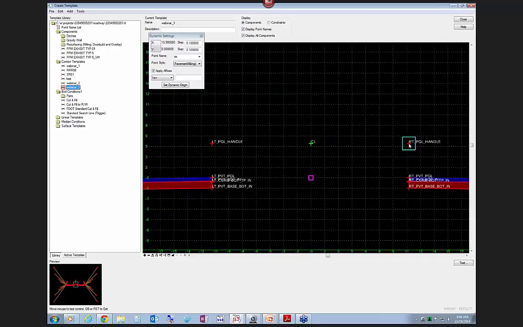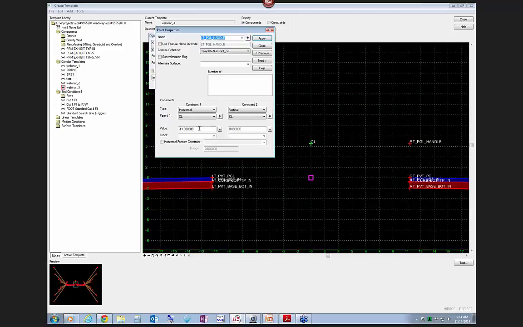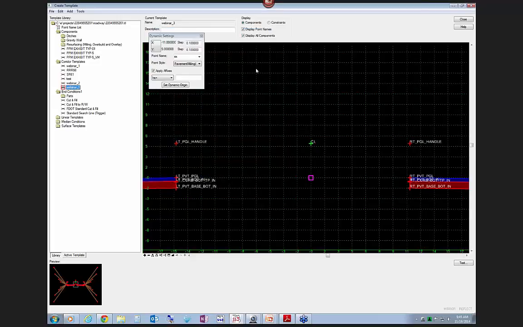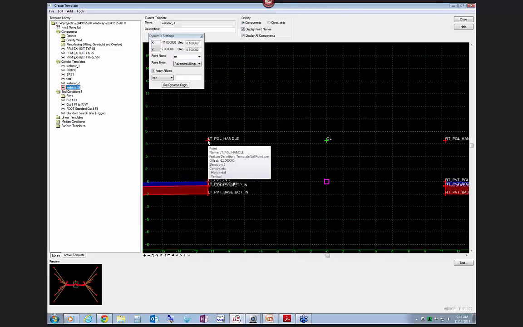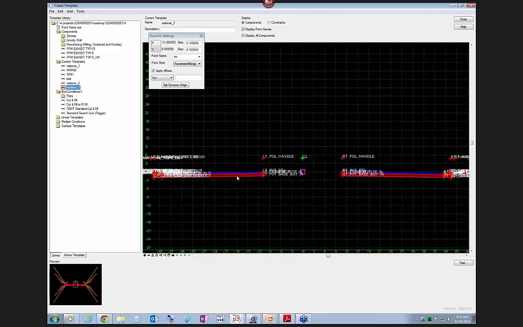It's also good if your median width changed from -11 to -15, you could just do an apply there, and it would change the median width in your template. But it would also be used if you wanted to apply a horizontal, just a horizontal varying independent horizontal PGL line from your center line. Then you could just apply it to this PGL handle,